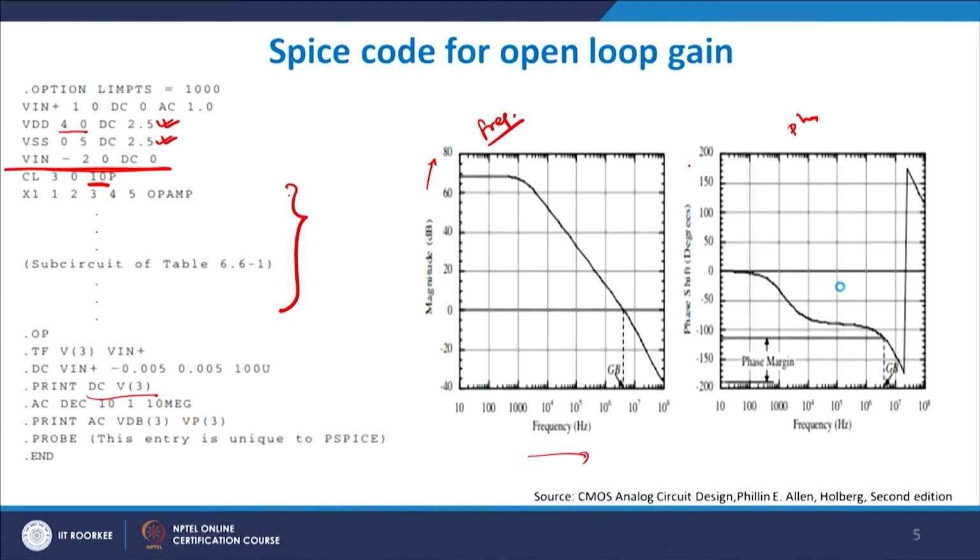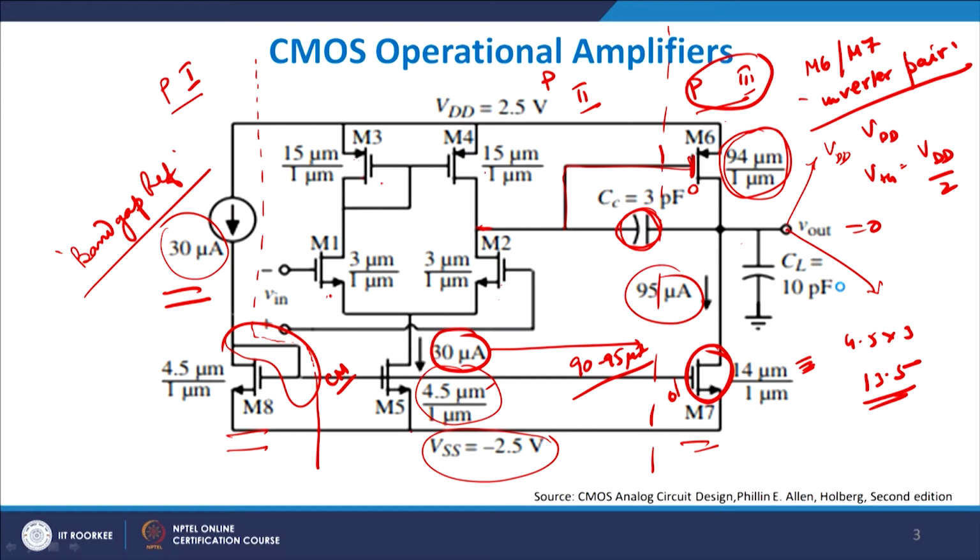But at this stage I just showed you that it is possible, using a simple SPICE tool, to actually extract the values of gain, bandwidth, CMRR, slew rate, PSRR, and open loop gain bandwidth product for a simple 2-stage operational amplifier. So, what we discussed here was basically a 2-stage operational amplifier only. If you look very carefully here, this 2-stage operational amplifier was